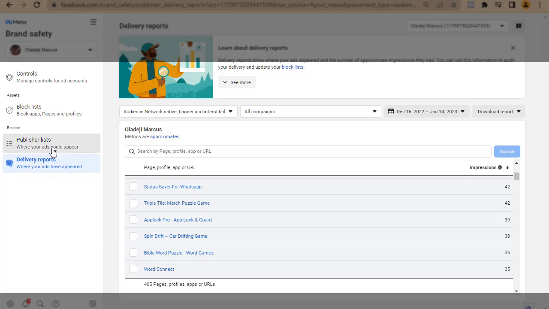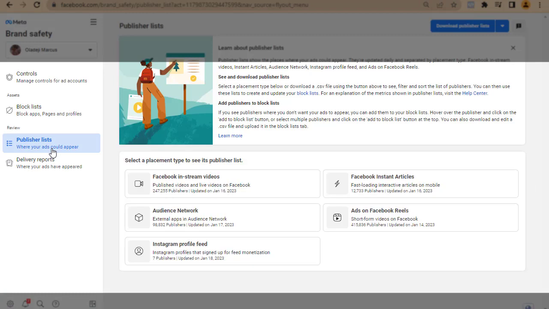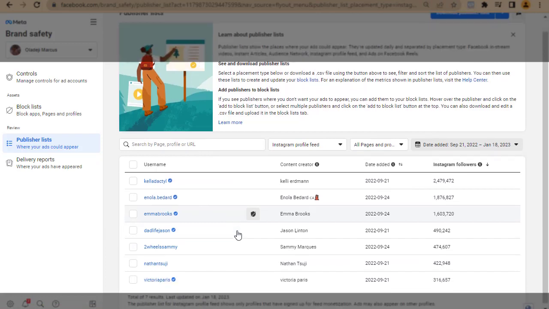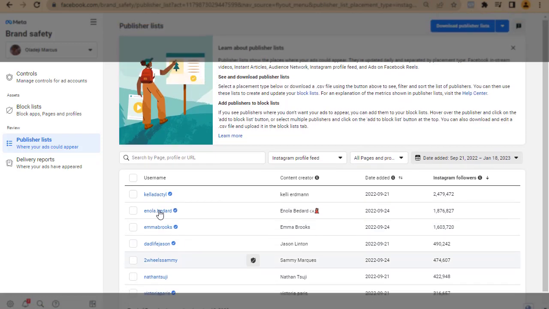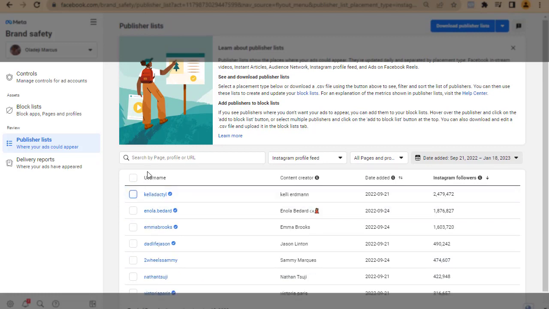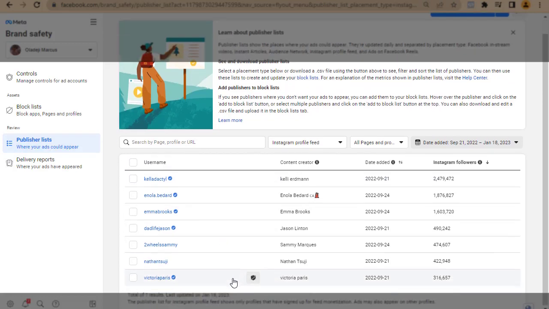Now, you can see placements where your ad could appear, which are probable places that your ad could appear. Now, Instagram profile feeds, you can see where your ad could appear. You can easily pick it out and add them to your block list. And when you go back to it,